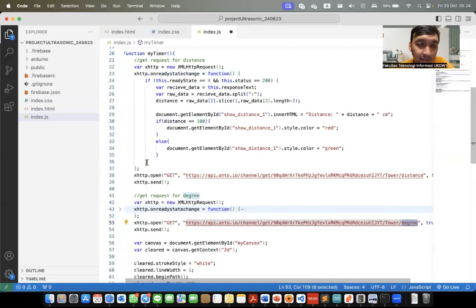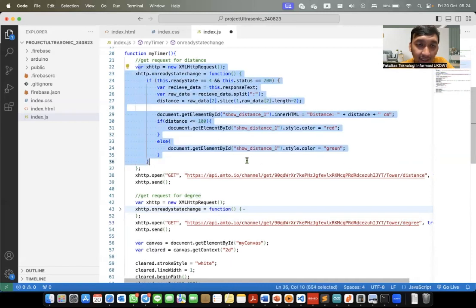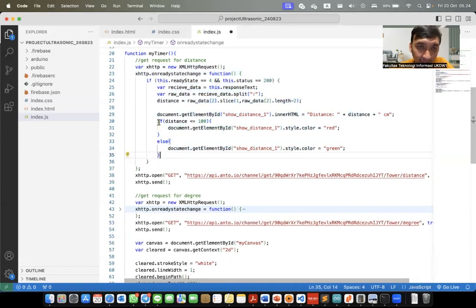This is simple. We use this template and edit some code here to make color properties: when the distance is less than 100, the color of the line is red, but if it is more than 100, the color of the line is green.